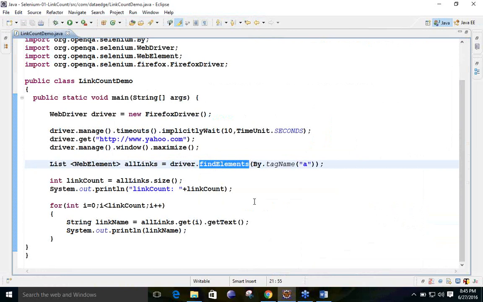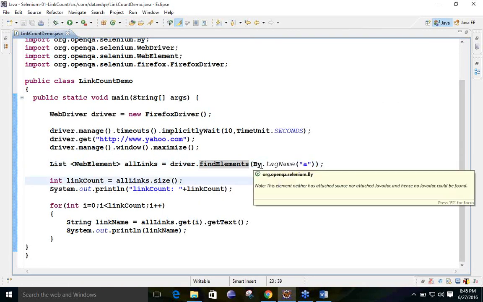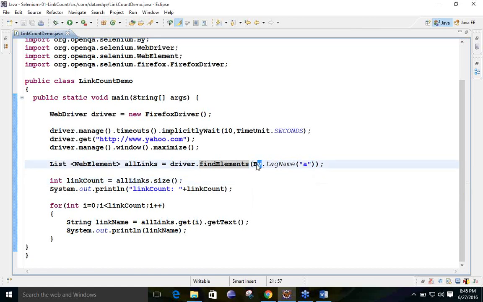Now it will ask how you want to find the element, so you need to pass a parameter. I will find the element by, and this By is one of the classes we will see after this program. We will see the locators.